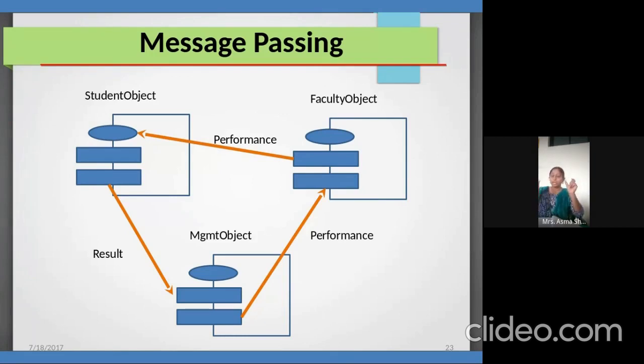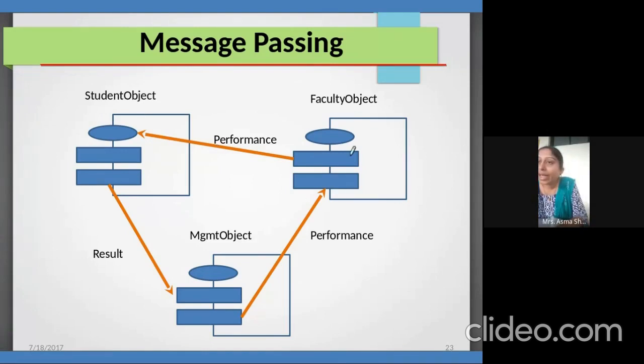So there is a relationship between a student object and the course, that is enroll. In a similar way, one object can access the other object's data. How can it access? Using message passing.